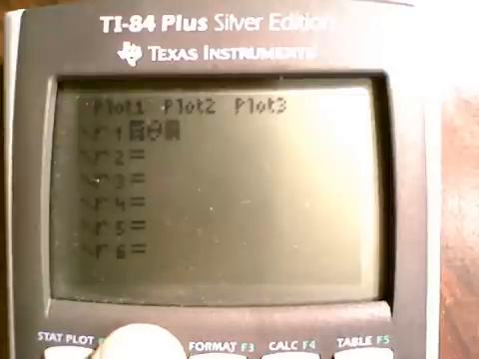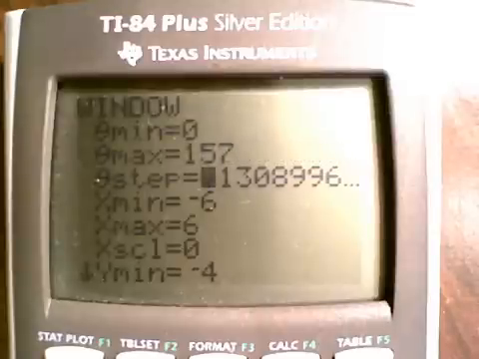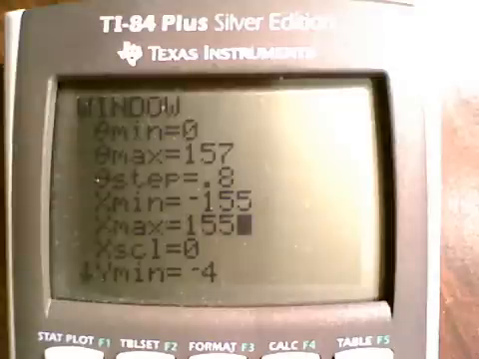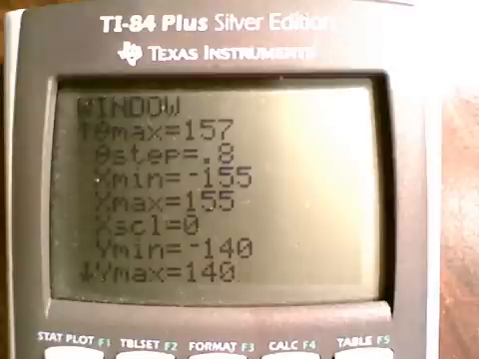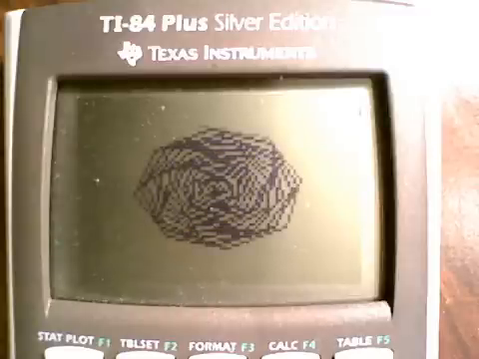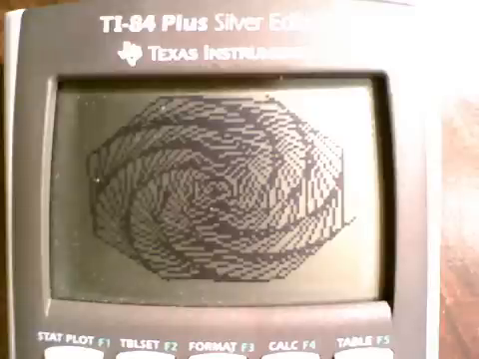Okay, so let's adjust the viewing window. Theta from 0 to 157, and the theta step is 0.8, x min negative 155, x max 155, y min negative 140, and y max 140, and that's it. And hit enter. It just keeps going and going and going. Now we're gonna mess with this a little bit, just to get you an idea of